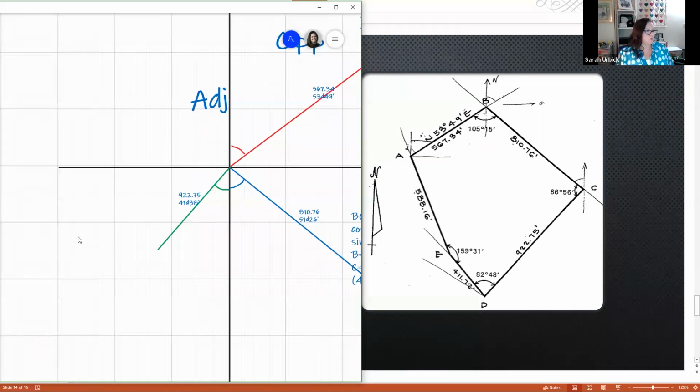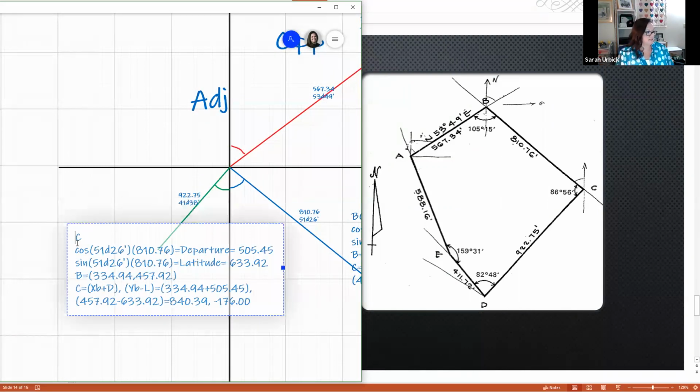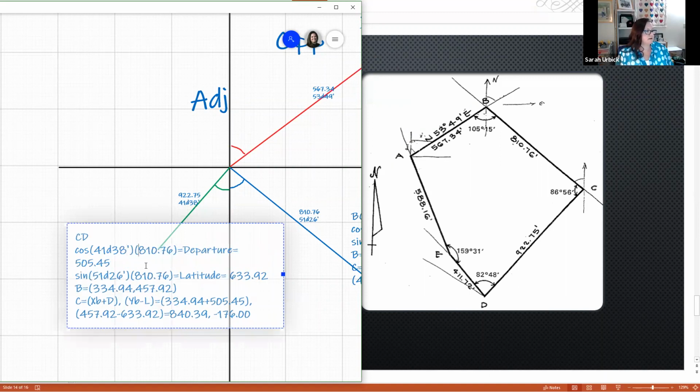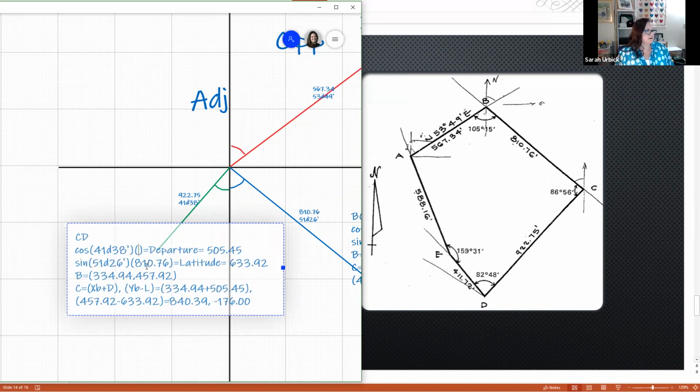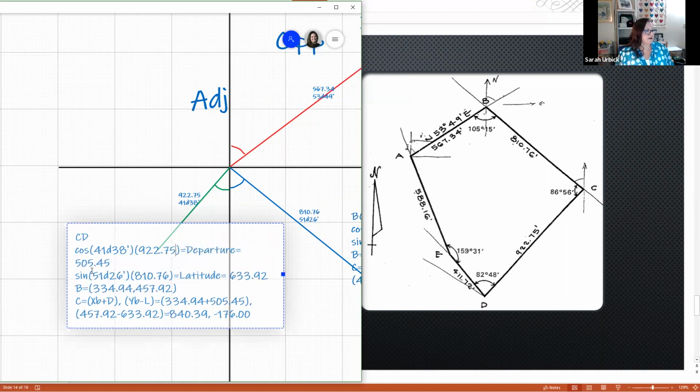Except this time we're looking at C to D. Our angle is 41 degrees, 38 minutes. 922.75, which means our departure